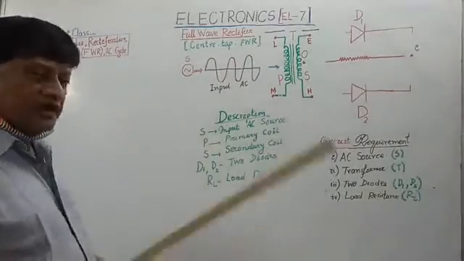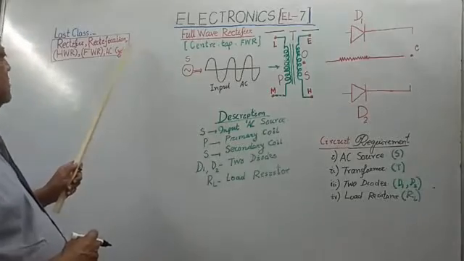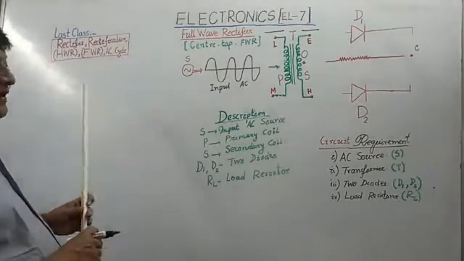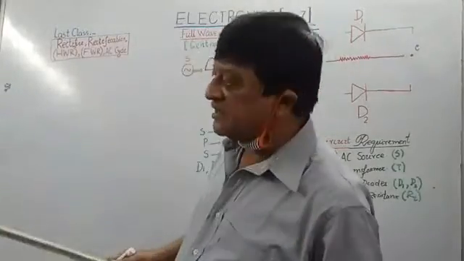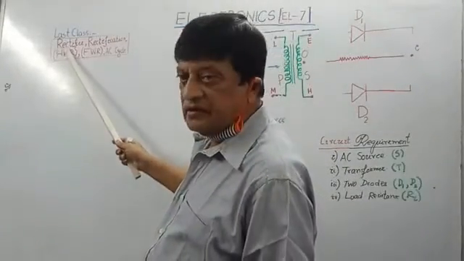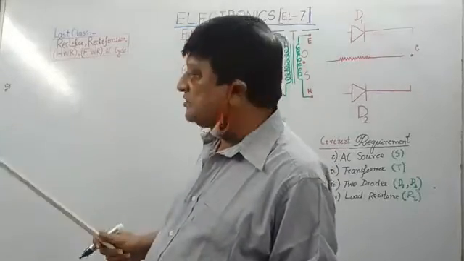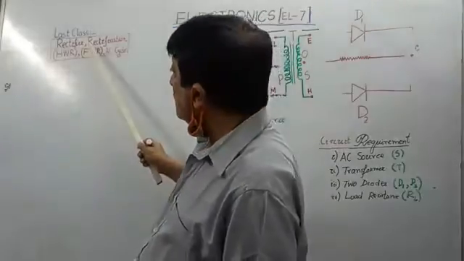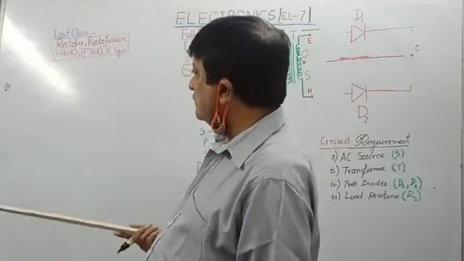Now, for your benefit, I want to refer a little to my previous class. What have we read in the previous class? Rectifier. What is rectifier? It is also true for this class. I will not tell you again. What is rectification? It is an electronic process by which AC is converted to DC.